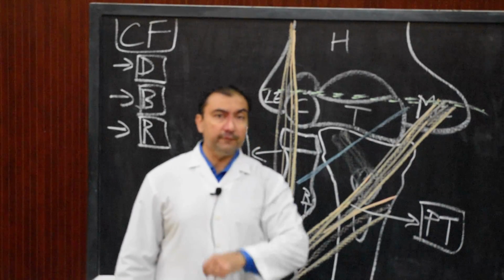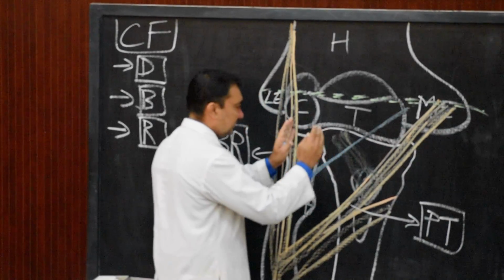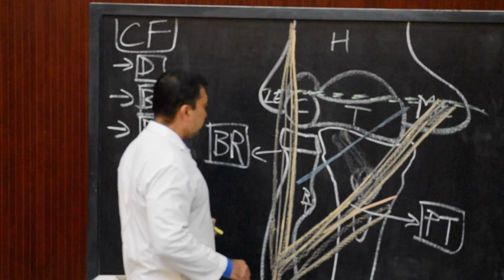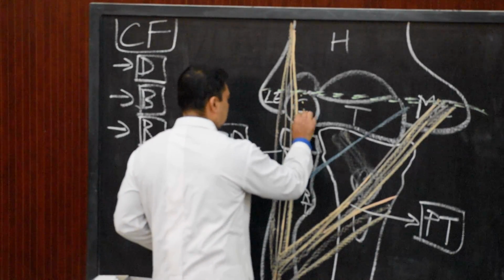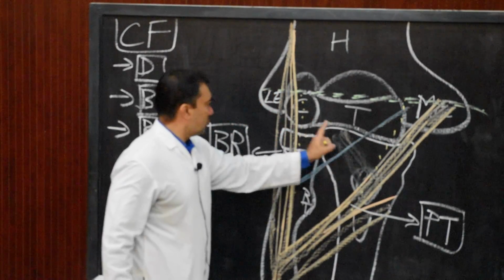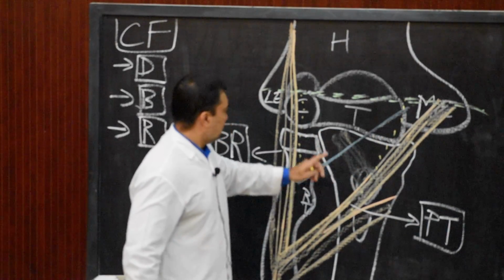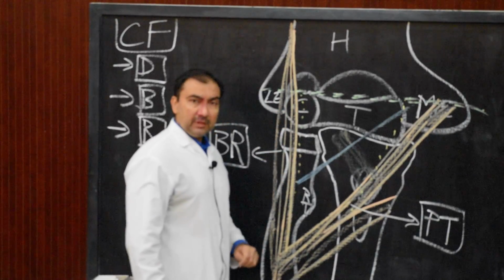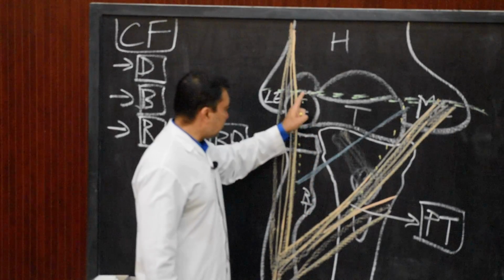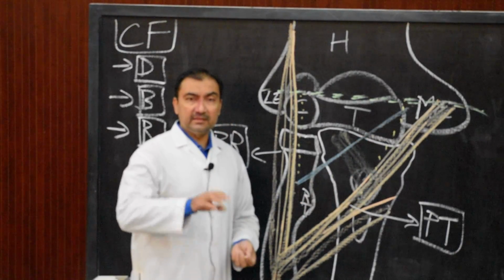Then structures number 3 and 4 will be the nerves which are accompanying the median cubital vein in this triangular fossa. What are those nerves? You can simply draw them or mention them, for example, with a dotted line. If I draw, these nerves will be the two dotted lines which I have drawn. Because they are in the roof, I am drawing in a very light and dotted manner. They are the lateral cutaneous nerve of forearm and the medial cutaneous nerve of forearm. So structures number 3 and 4 are the lateral cutaneous nerve of forearm and the medial cutaneous nerve of forearm. These are the structures in the roof.